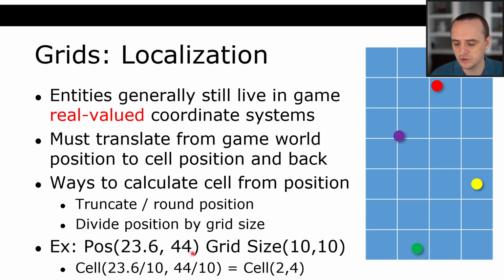So the way that we would do that is if we have a certain position in the game world and we have a grid size, for example, we can just do integer division. Okay, so 23.6 would be divided by the x size of the grid, which is 10. And so 23.6 divided by 10 becomes 2. And then 44 divided by 10 would become 4, right? So essentially, if we look over here,